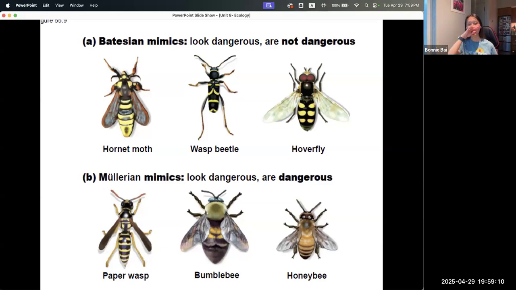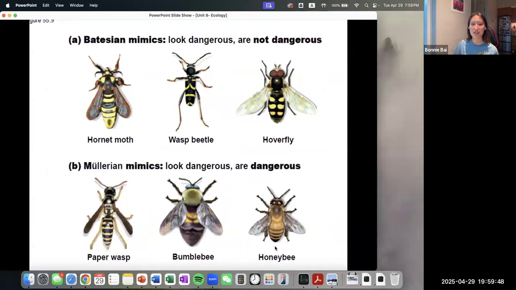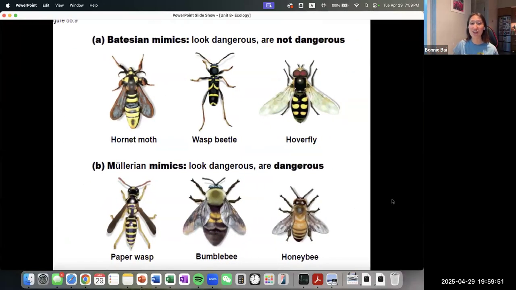On the bottom, you can see a lot of these warning colors have similar patterns from different species. And that is also great because if you create your own system of coloration, it's also great if the predator can learn it fast, right? It's really just a number game. There are a lot of different species that have the same kind of coloration, and the predators ate one honeybee, their mouths blew up and it did not feel good. And then they ate a bumblebee and that was terrible for them. Then they really learned that very quickly.